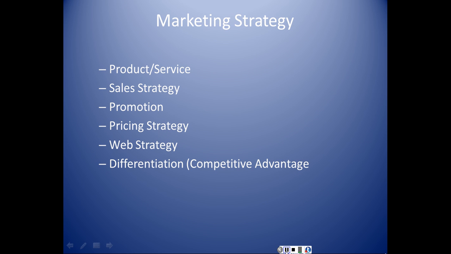What is your competitive advantage? And this makes a difference in everything that you do. Why will you succeed? What will you do different than the competitor? These are called your core competencies. What you do well that perhaps the competition does not. You can list your core competencies.